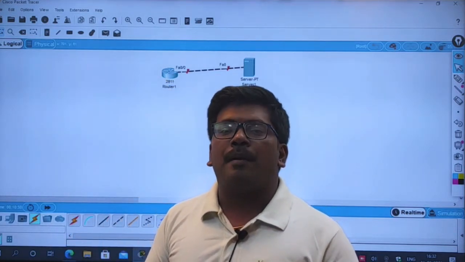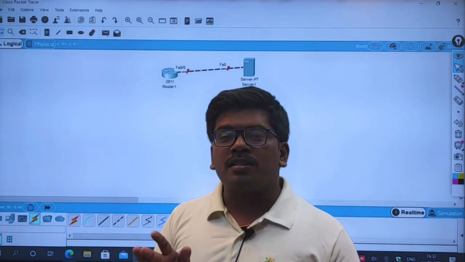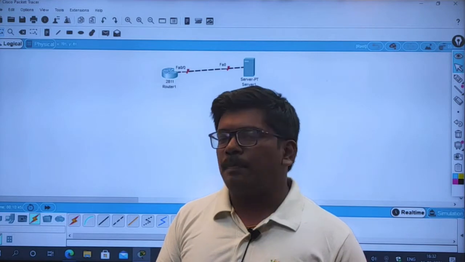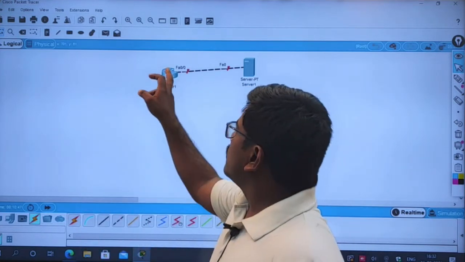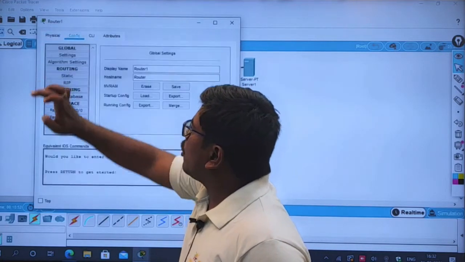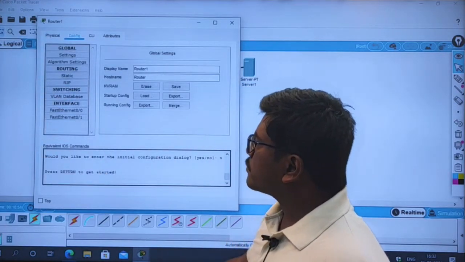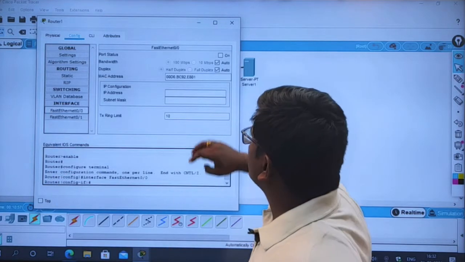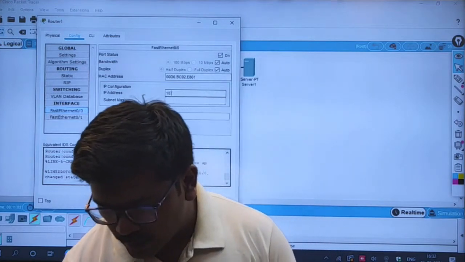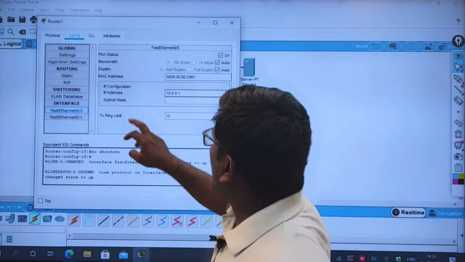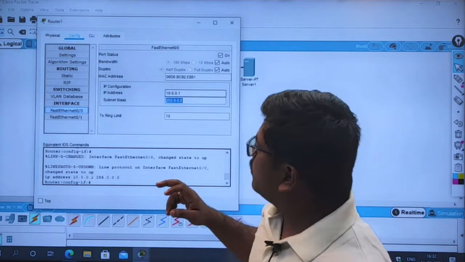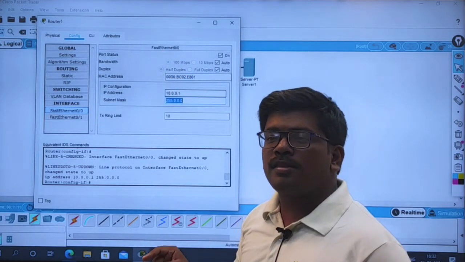And as I mentioned, I'm not showing you any commands. I'm just trying to do this in the CLI and the graphical options provided by Packet Tracer. Right. So I'm opening my 2811 router, and in the config, I have an option to assign the interfaces. So I turned on the interface, and I'm giving my first interface as 10.0.0.1. And see, this is my FastEthernet 0/0, which is connected to my server.